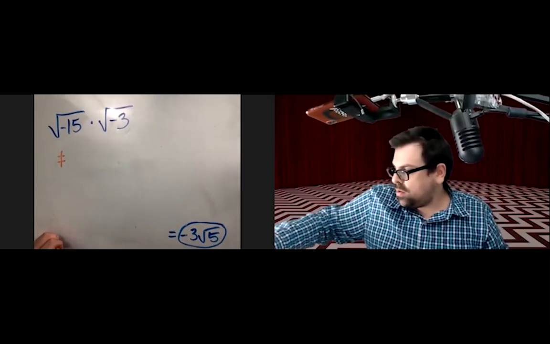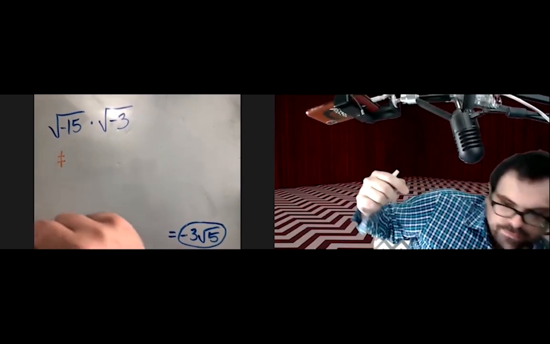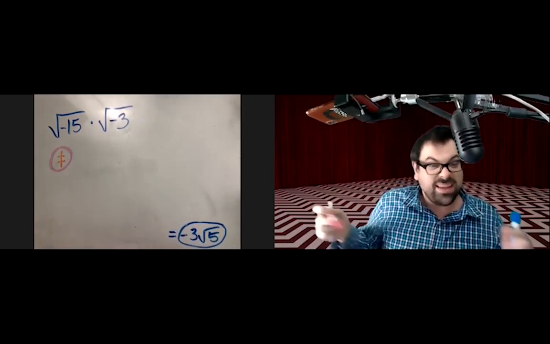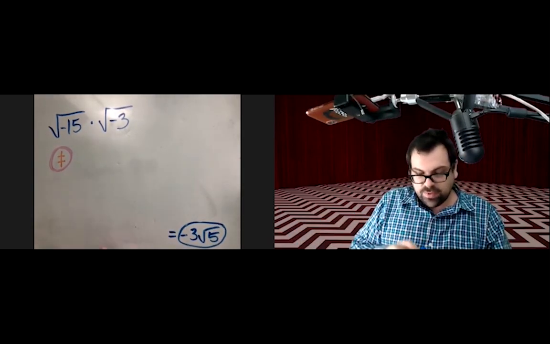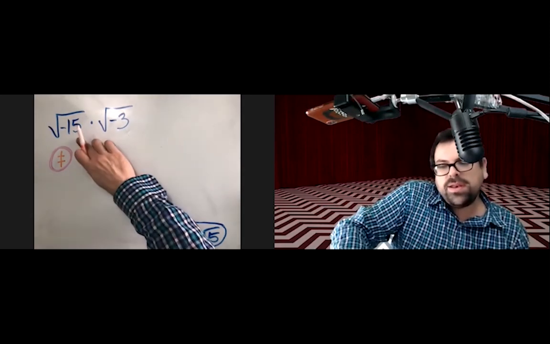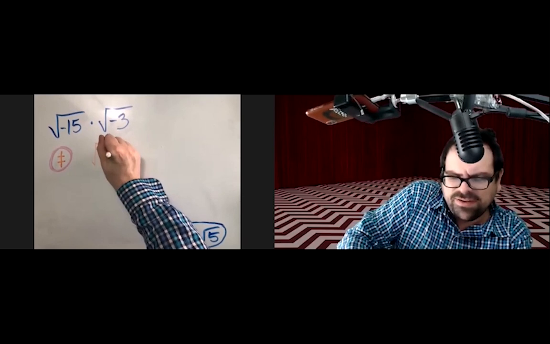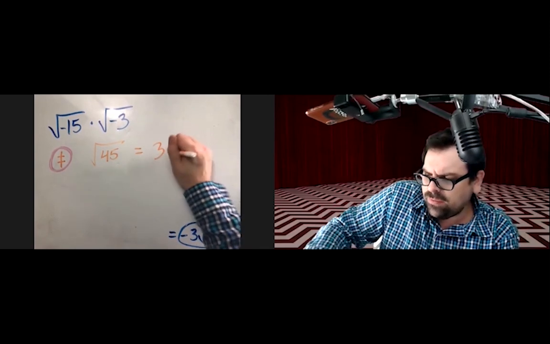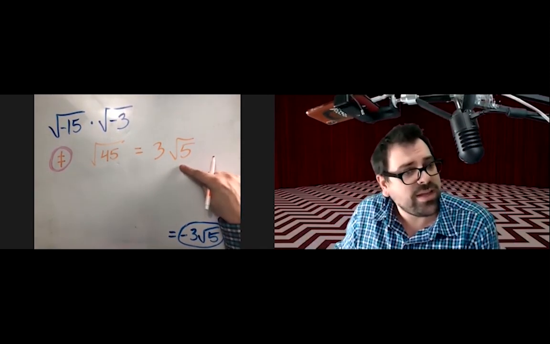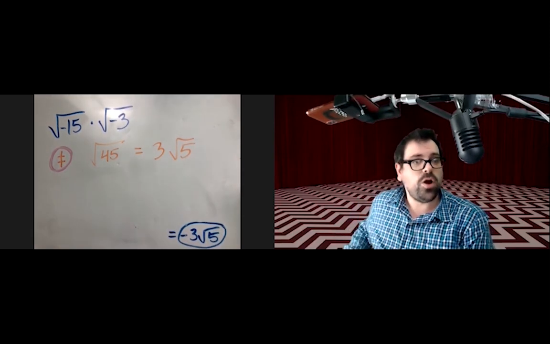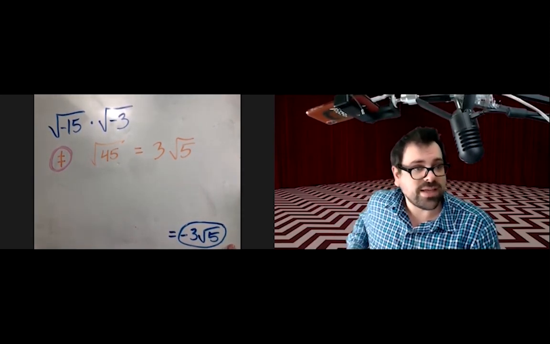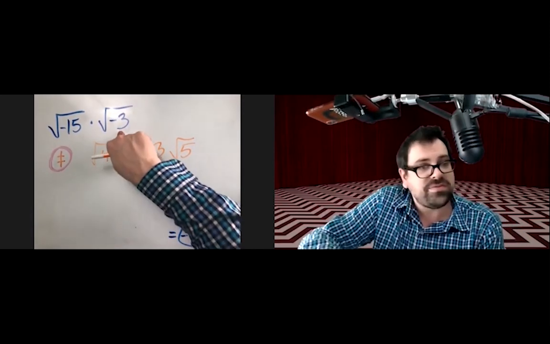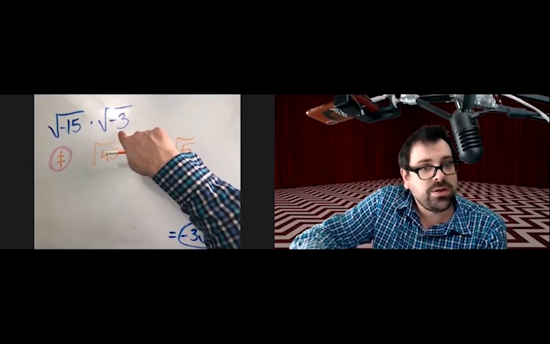This is wrong. Do not continue this part of the problem thinking that it is right in any way. This is wrong. Negative 15 times negative 3, that would be positive 45. And then the square root of positive 45 would be 3 radical 5. But is 3 radical 5 the answer? No. Negative 3 radical 5 is the answer. If you get positive 3 radical 5, that means you multiplied negative 15 times negative 3 first, which is wrong,